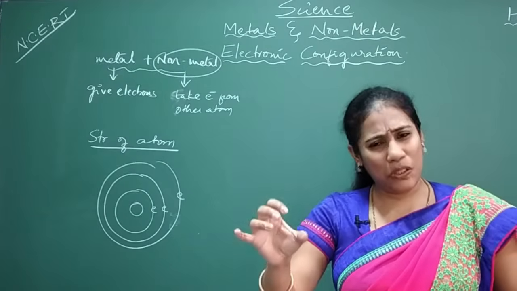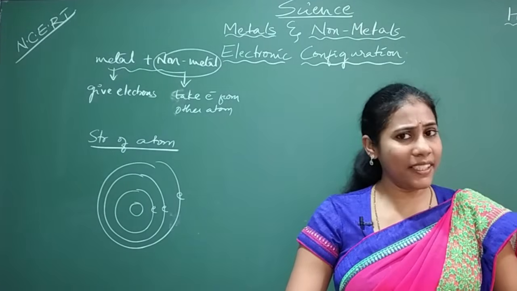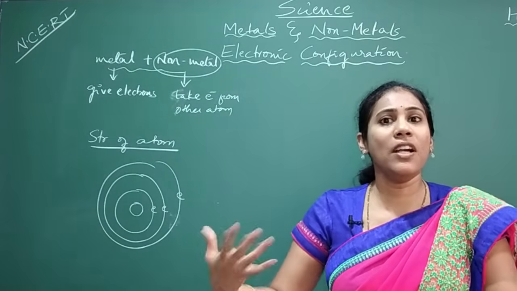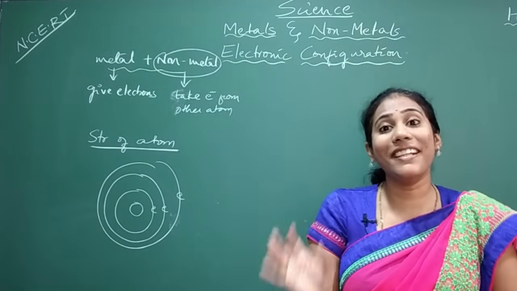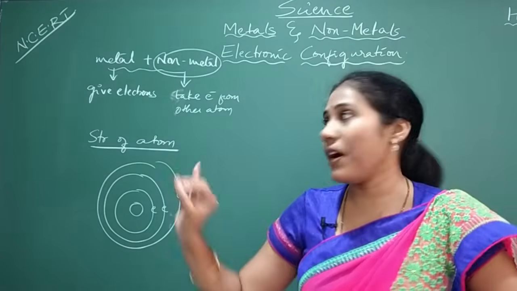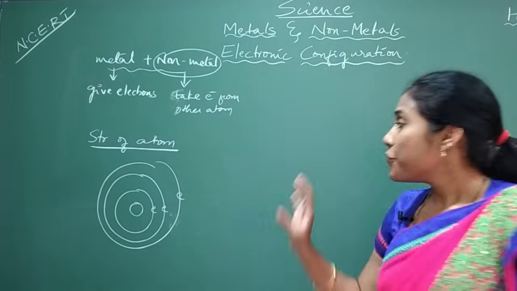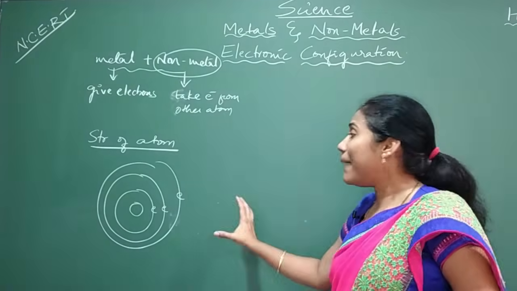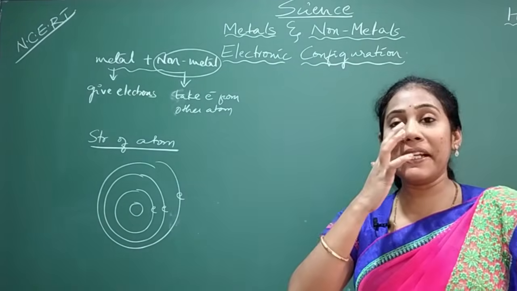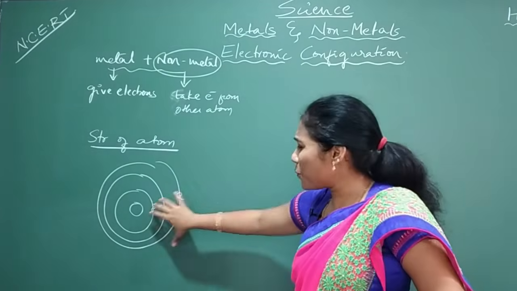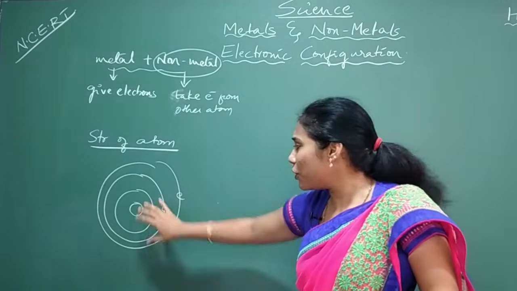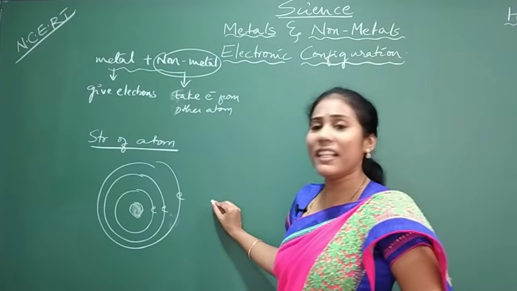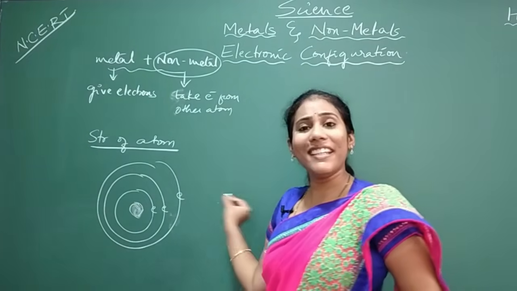Because the electron is the one which participates in a chemical reaction from the atom. Yes or no? So the whole atom is not responsible. The electrons present in an atom are responsible for the chemical reaction. So it is compulsory to know about the address of an electron. Address of an electron means there are so many electrons revolving around the nucleus, but which electron is present in which orbital, and how they react.